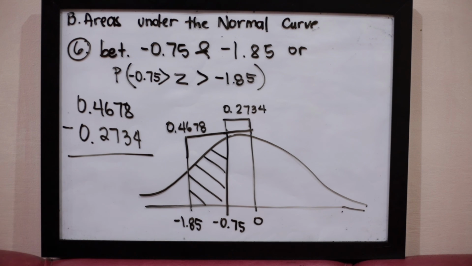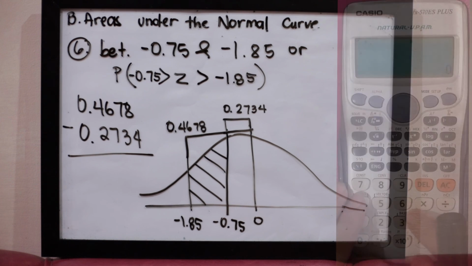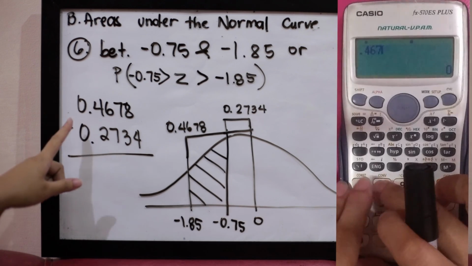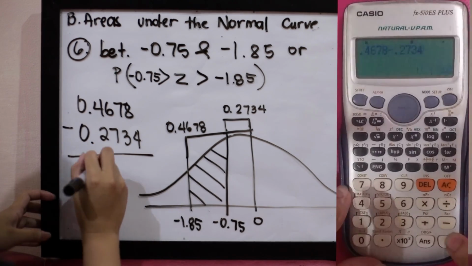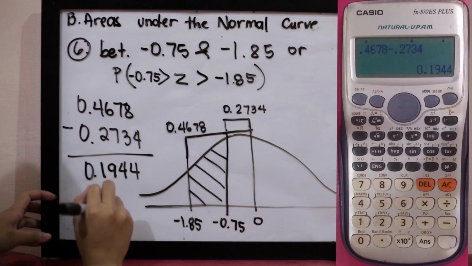That's why our area will always be positive. So doing that, we'll have 0.4678 minus 0.2734. The answer is 0.1944